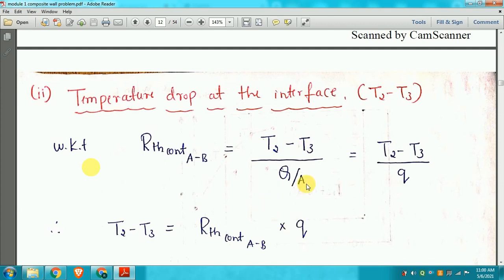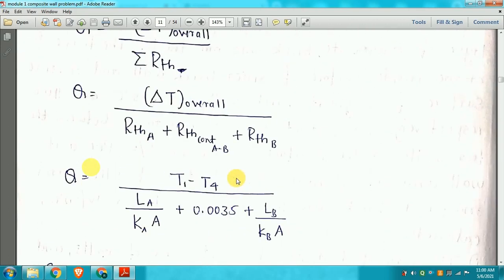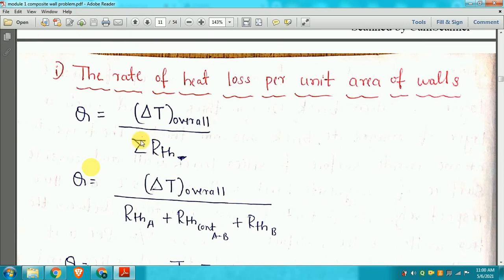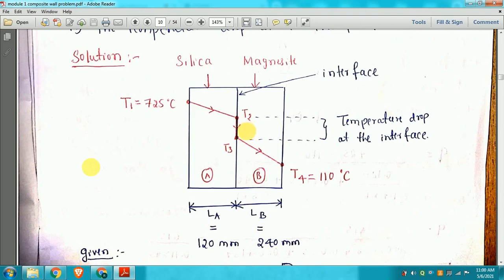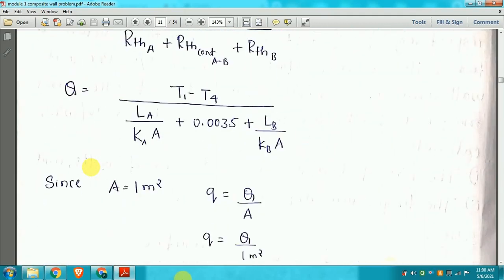It is the same equation, Fourier's law equation only, modified. Q is equal to KA dT by dx, that equation will be there. From that we have obtained the modified equation, that is the thermal contact resistance equation. I think yesterday also this equation was rewritten. RTH is taken this side, Q is taken this side, only that is the change. And we are talking only about the temperature drop. Instead of T overall, it will be just T2 minus T3. Here we want to concentrate only between 2 and 3, so the equation will be modified accordingly.